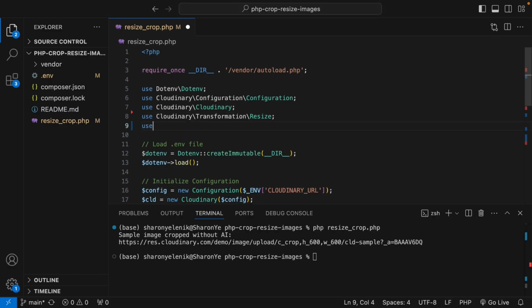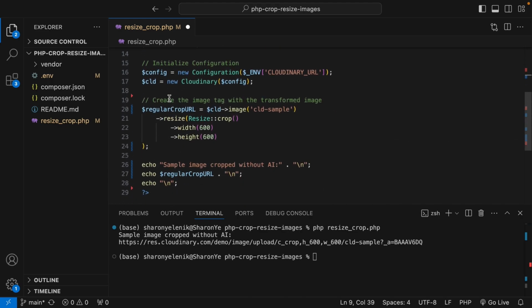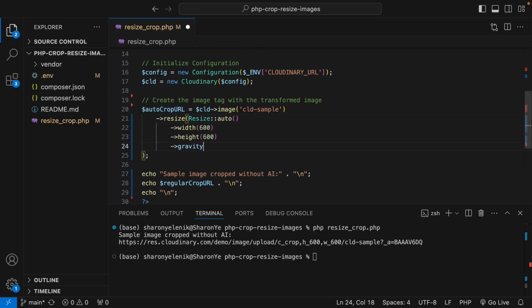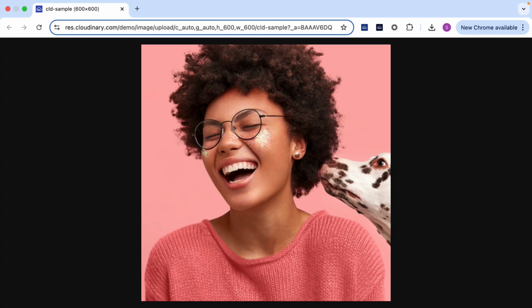After importing the gravity library with use Cloudinary\Transformation\Gravity, we're going to change Resize::crop to Resize::auto and add the gravity parameter with gravity equals auto. g_auto uses deep learning and saliency algorithms to identify and retain the most important object when cropping an image. Let's run the code and open the image to see if it worked. Yep, the resize equals auto and gravity equals auto parameters free you up to crop programmatically with confidence, knowing that